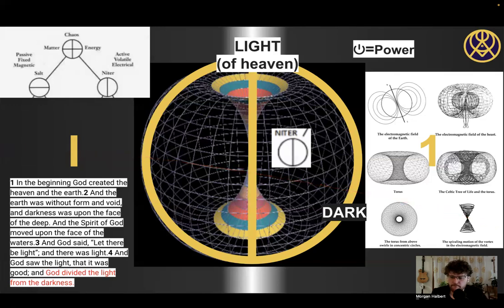In the Bible, in Genesis 1, God said, "Let there be light," and there was light. And God saw the light, and that it was good. And God divided the light from the darkness. Later, God made two great lights, the greater light to rule the day, and the lesser light to rule the night. This next division is one where